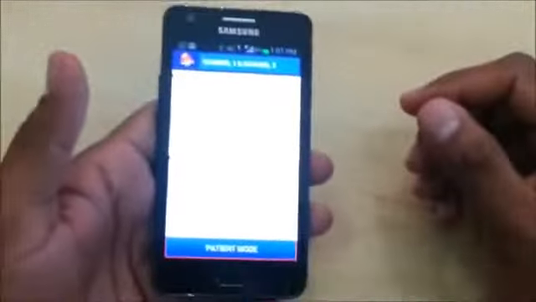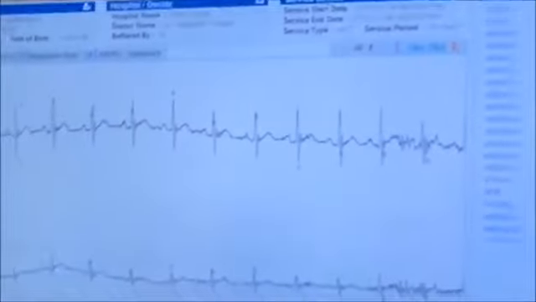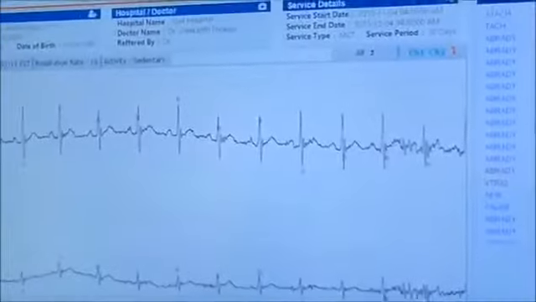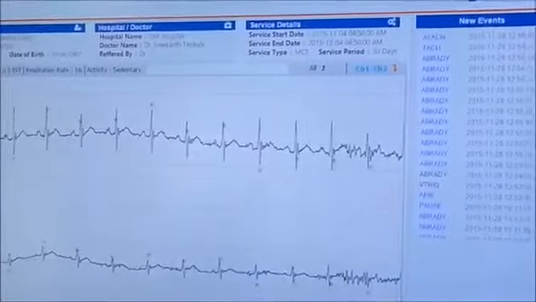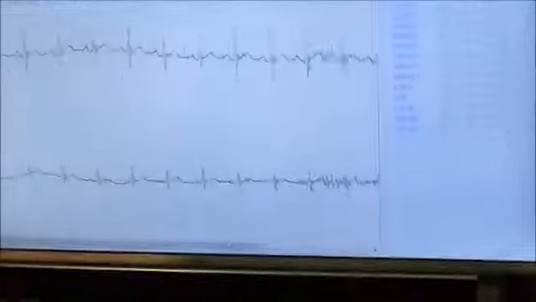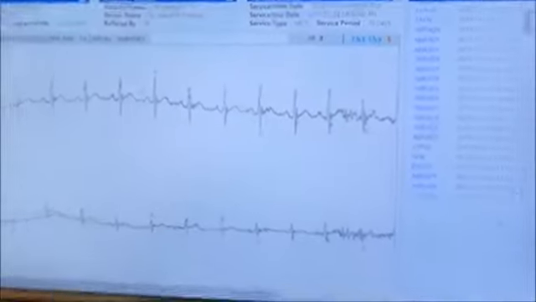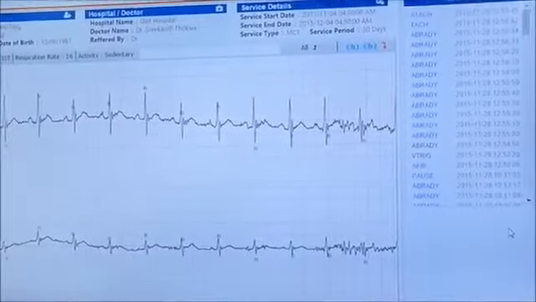Now you can see the data has somewhat stabilized on the mobile. The same thing you can see on the cloud. So now on the cloud you can see the data. This is the real patient data that is getting collected. During the changeover procedure some noise will come, but otherwise the data will be clear. This data is connected and it is uploading, and I can move with this ECG